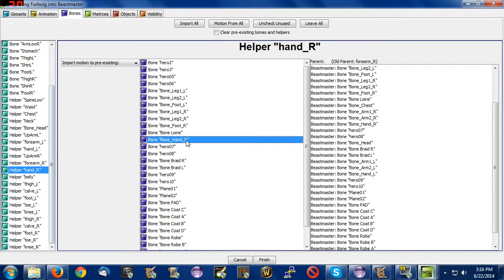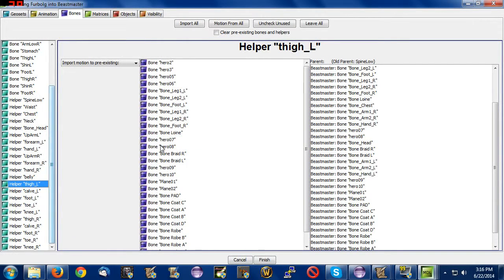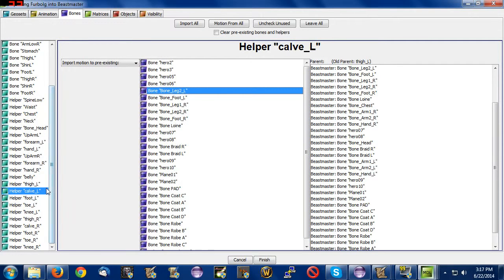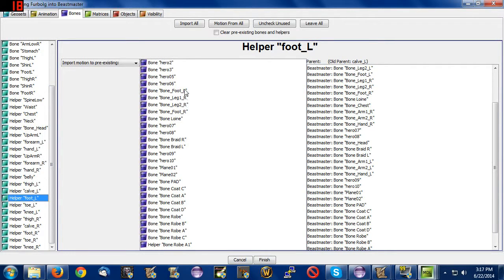And hand R goes with hand R in the Beastmaster. As I'm doing this, these other nodes, we see thigh L in the Furbolg. Thigh L corresponds sort of, it sounds like, an upper leg kind of thing. So I would probably put it with the Beastmaster's leg 1. Calf L, I can put it with the Beastmaster's leg 2, and foot L I can put with the Beastmaster's